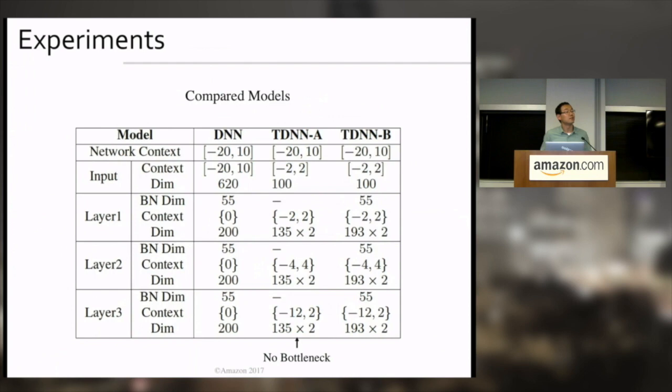This question could be very wrong, but I just want to ask anyway. This is the first time I've heard about time delay neural networks, but I can see some similarity between convolutional networks and this one. For example, there is a receptive field where you only connect to a few input layers, and the bottleneck layer seems to be a max pooling analogy. So the first question is, is that relevant between TDNN and convolutional networks? Sorry, go ahead.